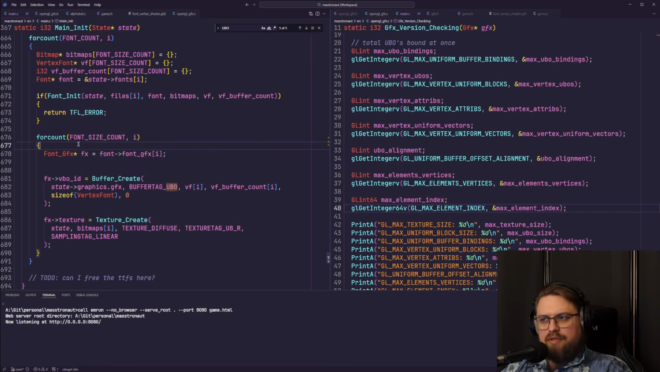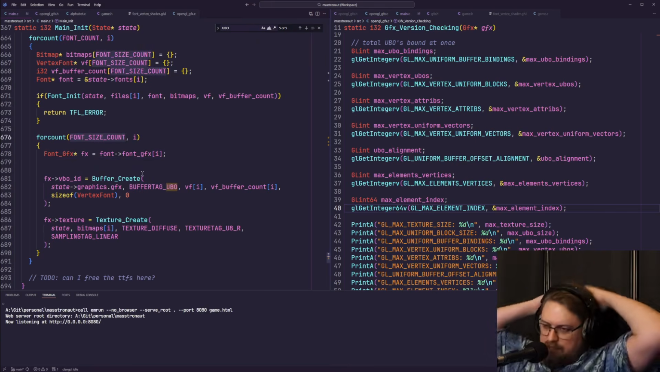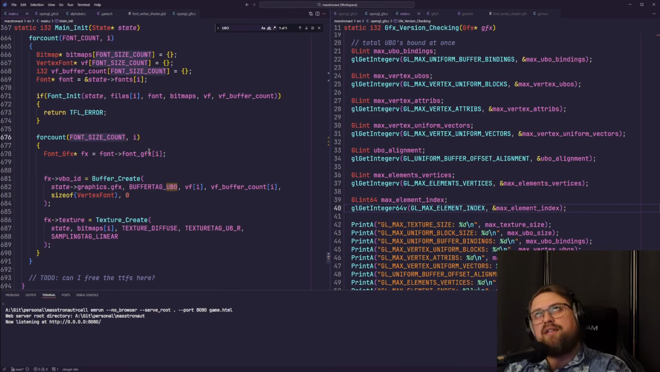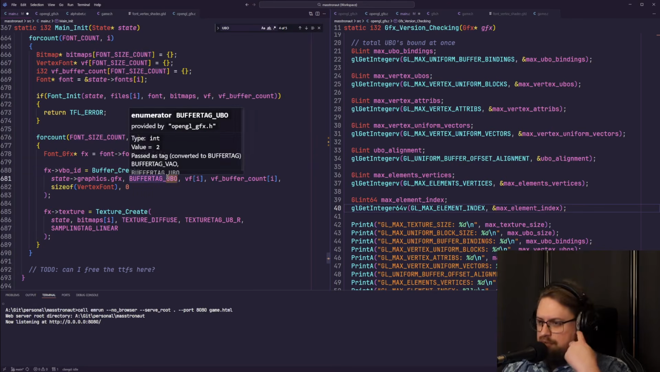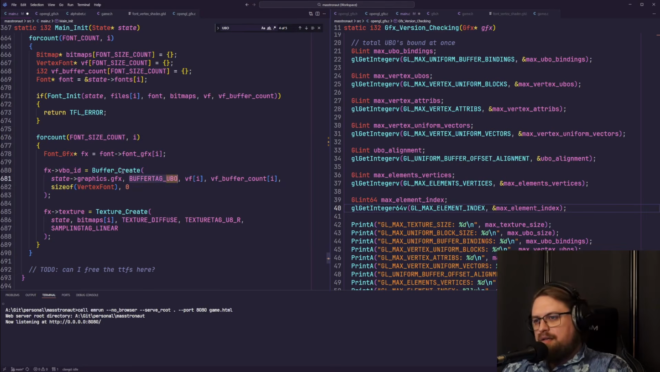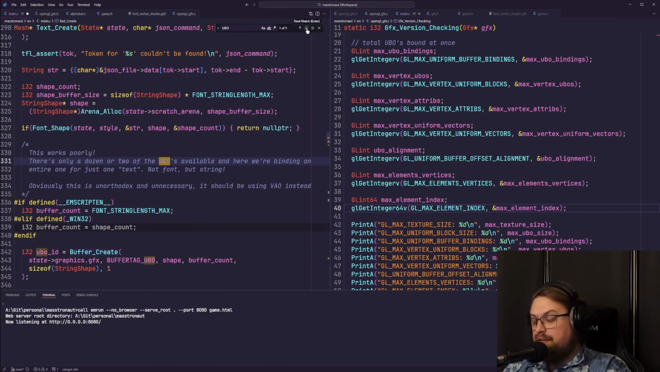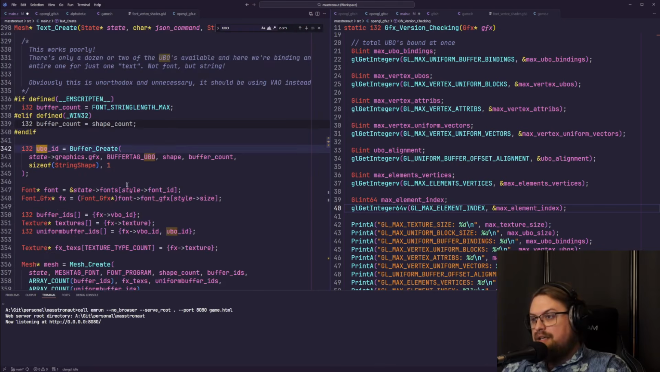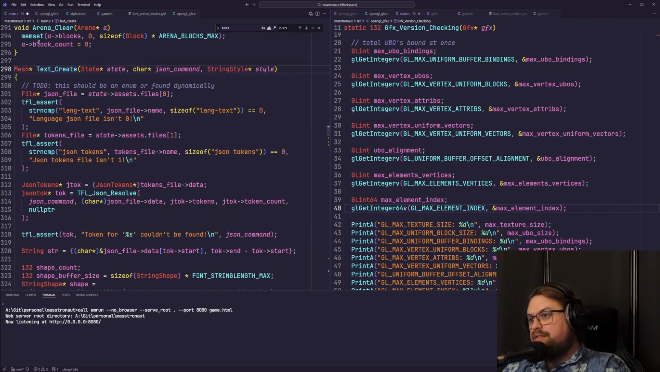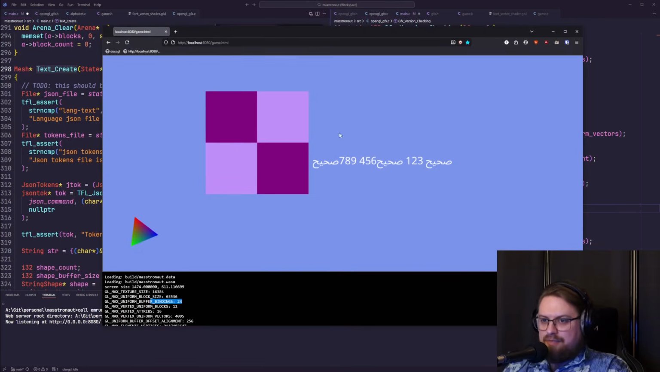Or no, it's not shared between different sizes. It probably could be. I'm not sure. I think maybe there's a way to use mipmaps for this instead. But that's one thing, and that's not a huge issue. But the other thing is here in my text create function. Every time I'm pushing a text to be displayed, such as this one,